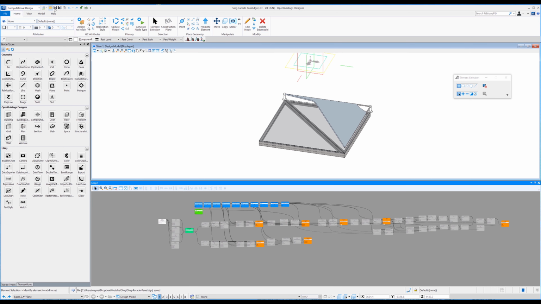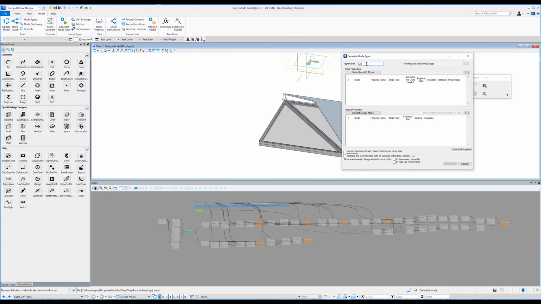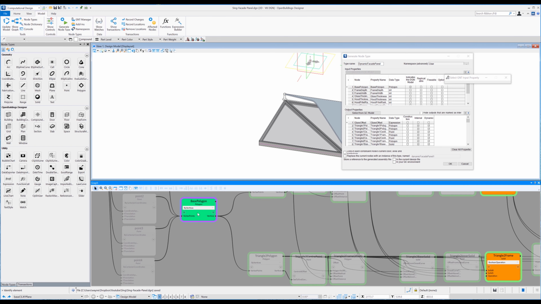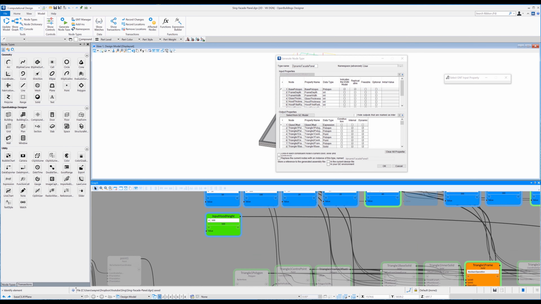So let's click on save, and we'll go across to model, and we'll click generate node type. For this, let's type in dynamic facade panel. Remember, no spaces in that name. Select from GC model and select our base polygon. This should pretty much populate all of the dialog boxes for us. So the first being the base polygon, that needs to be replicable. Now let's select